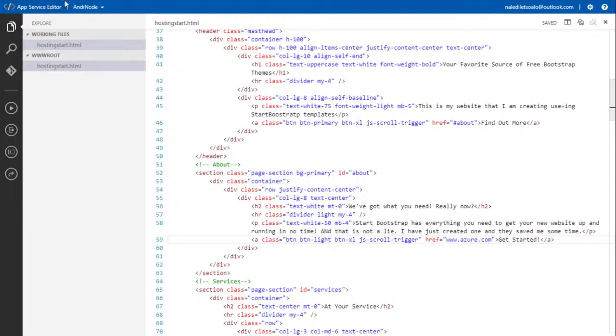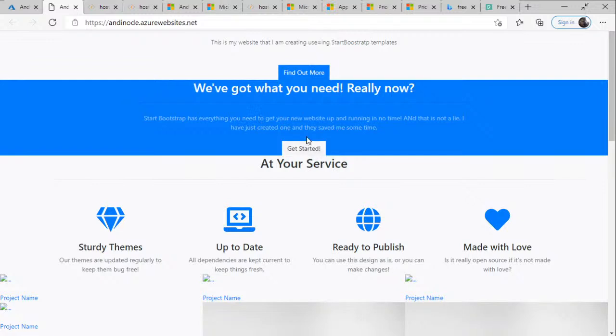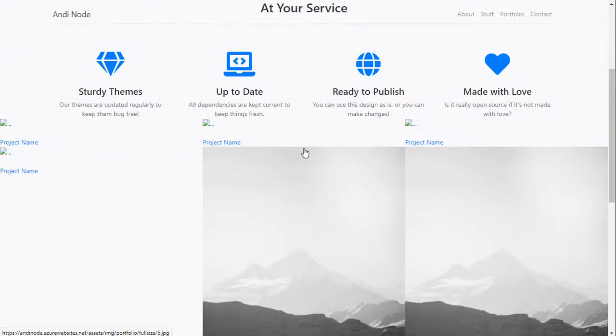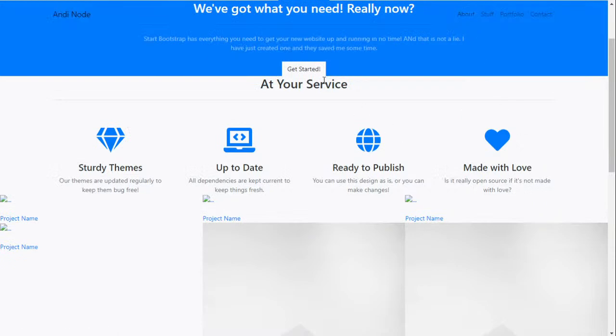Cool. So it's saved. At the moment, it takes you down to the services. But let's F5 and we go to get started. Hey, there you go. The resource you're looking for has been removed, had its name changed, or is temporarily unavailable.